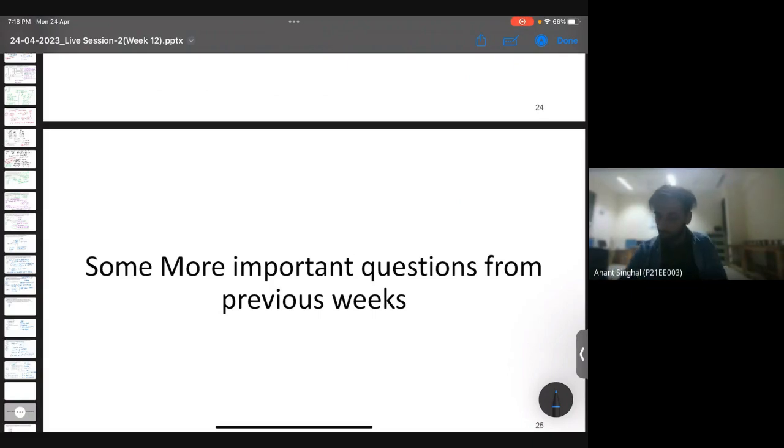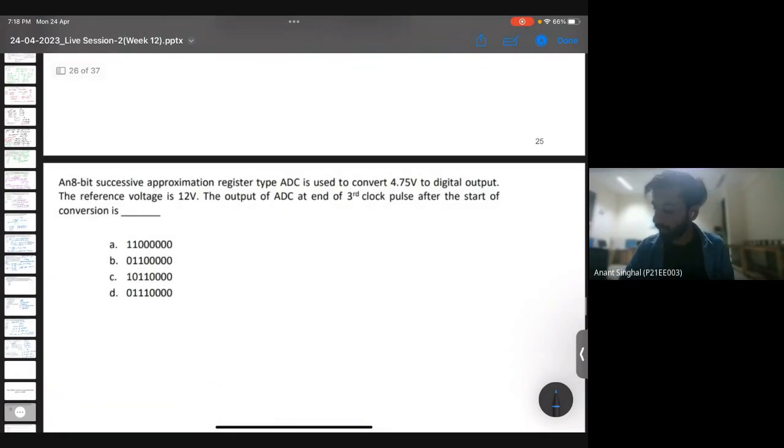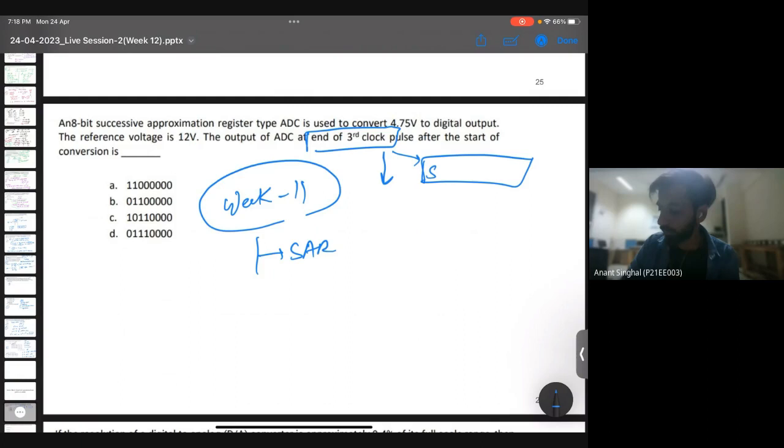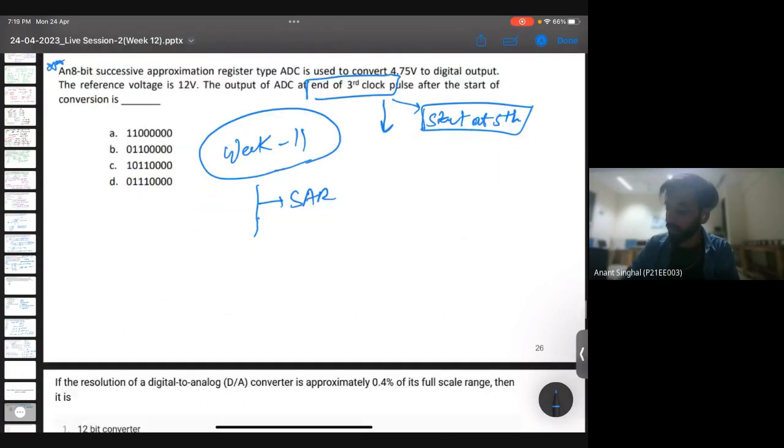Okay, so let me give you a brief overview of the previous weeks also. If I talk about week 11, which was the last week, there were a few important topics, and what I found the most important was this type of question. This is a SAR ADC question in which we covered what the output pulse will be at the end of the third clock. There was a question in my lecture about the start of the fifth clock and something like that. These types of questions are quite important because they require some calculations and conceptual knowledge. So from week 11, the most important questions were these SAR ADC questions and